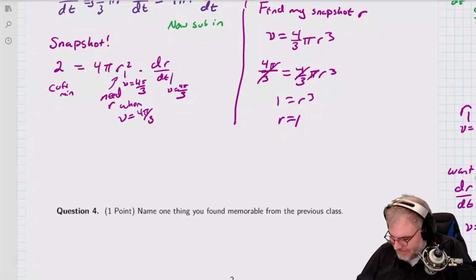Anyway, this is what happens when you grow up with science geeks as parents, right? I am not. I'm a math geek. Science stuff, it's fun to me. But anyway,